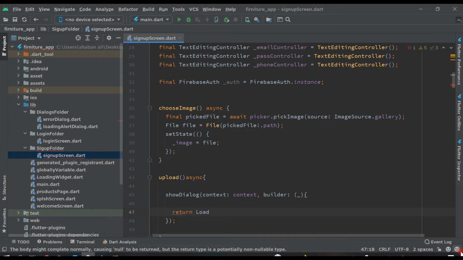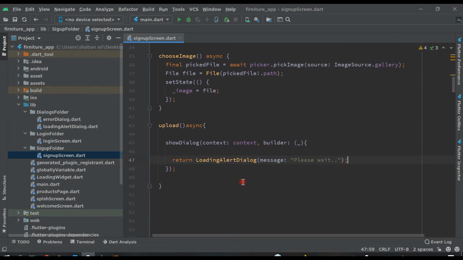Here it's asking for a message, so the message will be please wait, and semicolon. This is our loading alert dialog box. It will appear when anybody presses on uploading his or her profile. It will say please wait, it's uploading, and in the background the image will be uploaded to the database.